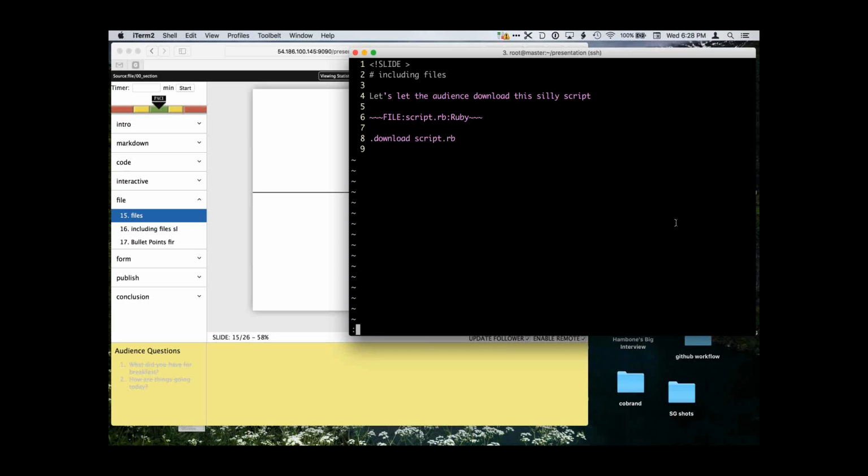Now, let me add a couple of caveats here. This was originally designed for classroom usage.